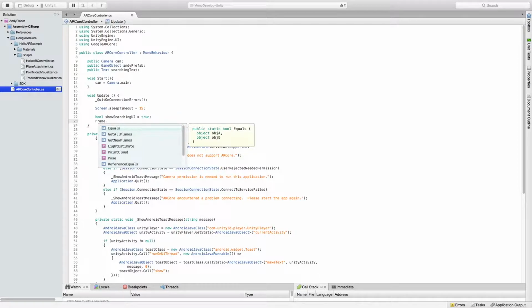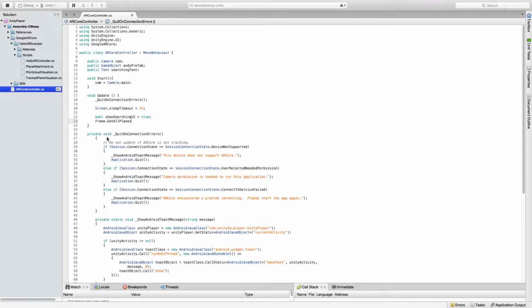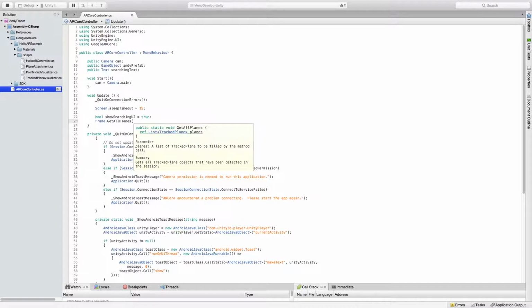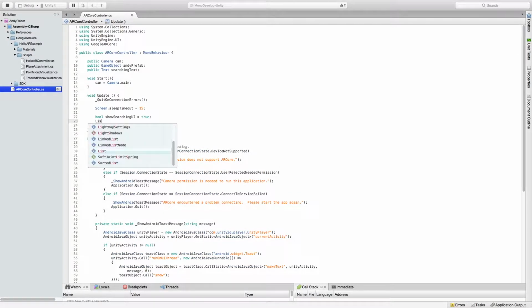So if you want to see if you've detected a new plane this frame, or if you still have any planes this frame, you would use Frame.GetAllPlanes, and this uses ref. So we would need a list of tracked planes. So let's just make that list of tracked planes